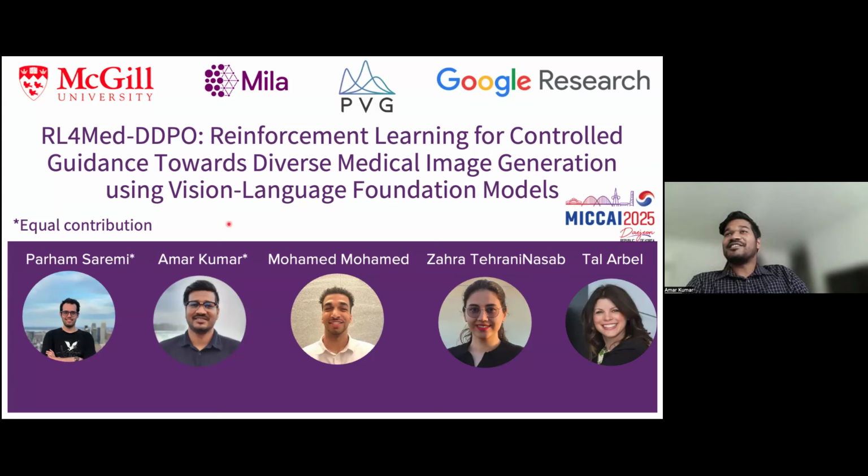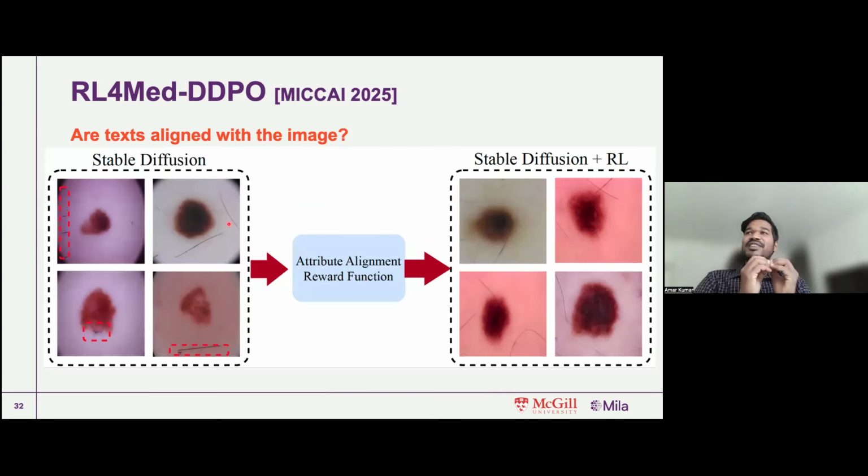So this method we talk about is called RL-based DDPO. It's a reinforcement learning based framework where we showed that foundation models can be leveraged to create diverse medical images. What do we mean by that? So in Prism, we showed that when we give it a language-based instruction, it's able to synthesize images which are good. This image could be used for addressing the confounding factors or for addressing downstream classification.